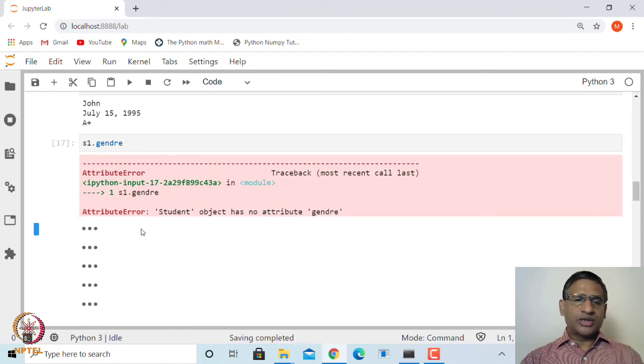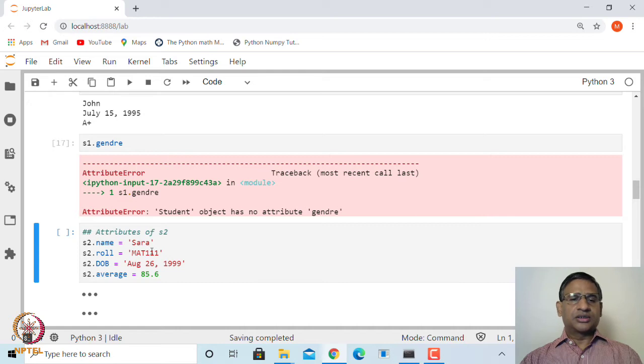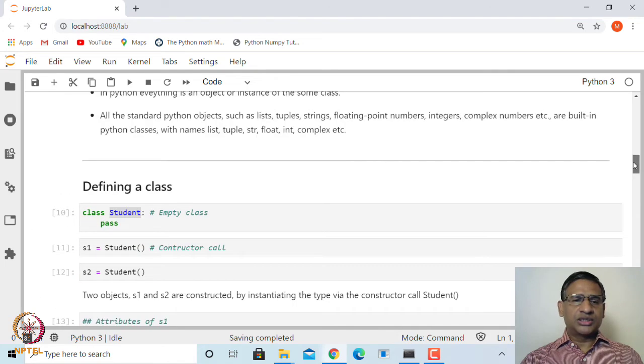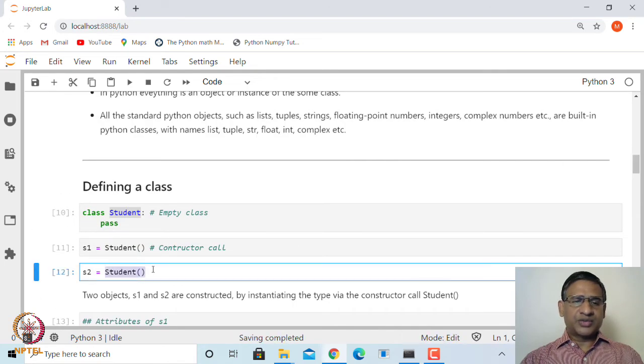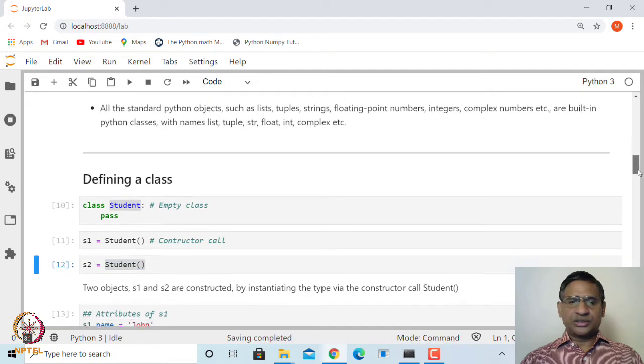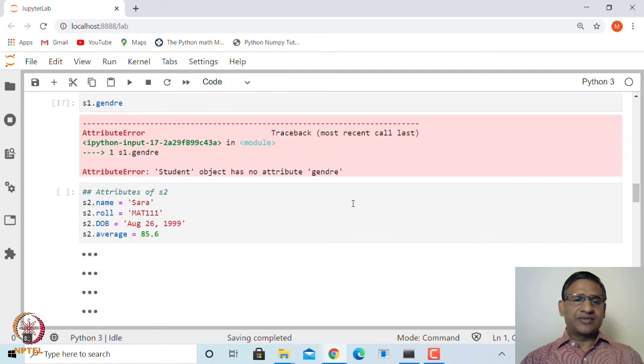Similarly, you can create another student. We have already created another student S2 with the same type Student, and in that we can add some attributes. It is not necessary that S1 and S2 have the same attributes. Objects of the same class can have different attributes.